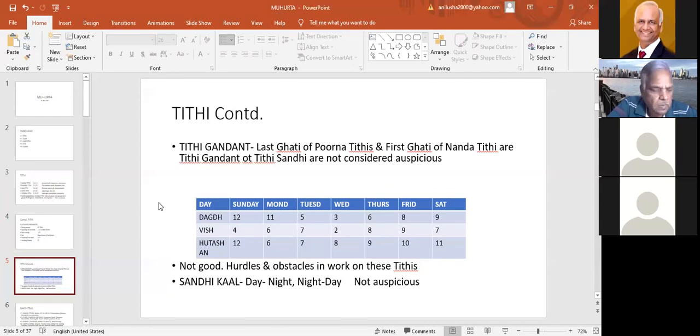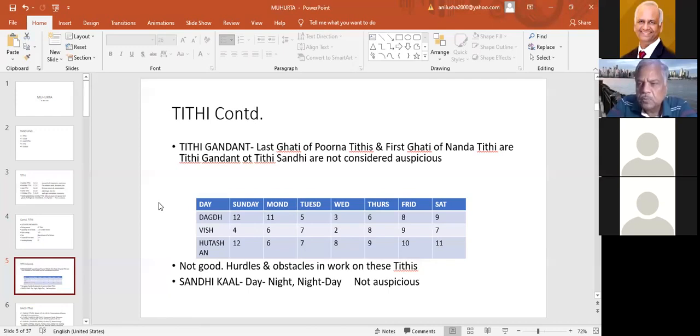Okay, Shikha ji. Sir, I have a question here, sir. Yes. So when we are looking at the time of the Tithi and it's an auspicious Tithi, based on what work we are doing, we can do it. But what about the other things like Rahu Kal, Amrit Kal? What to do with that? We are considering only Tithi.